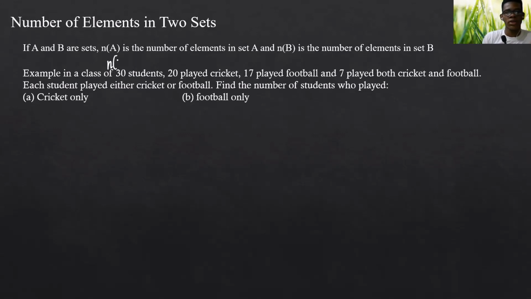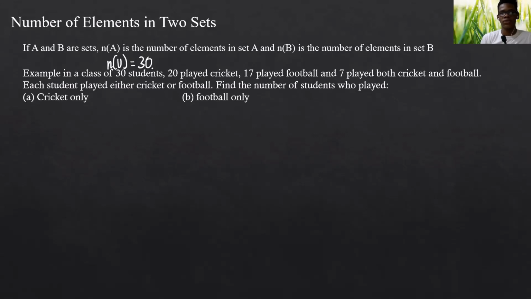Now, using that as a universal set, U, N open bracket U closed is the number of elements in the universal set, in other words, the class. You could use C if you want to represent class. I'm just using U. You could use any notation you want. So the number of students in the class would be 30,